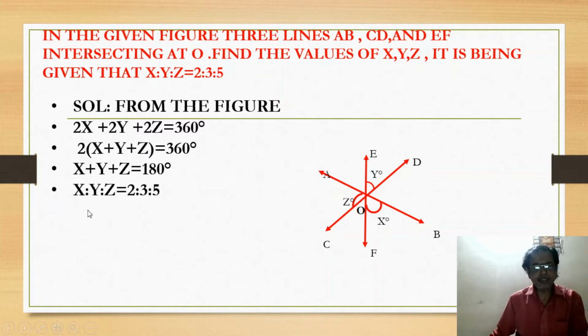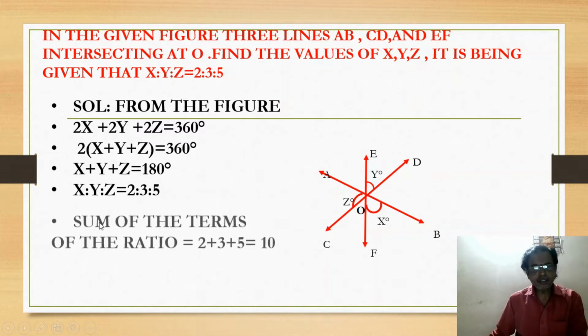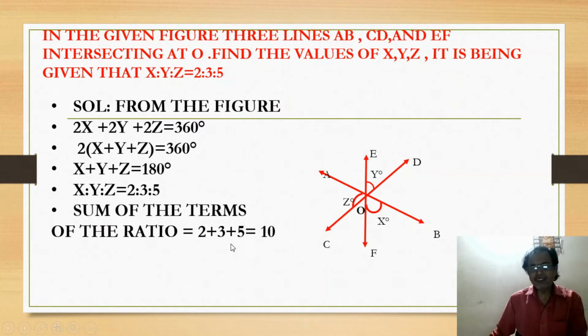And we have here x : y : z, 2 : 3 : 5. The angles are given in ratio form, so we need to get the individual values of x, y and z. To get that, we know the sum of the terms of the ratio, 2 plus 3 plus 5, is 10. These 10 parts are equal to 180 degrees. So among the 10 parts, 2 parts go to x in 180 degrees. So x is 2 by 10 into 180 degrees, which is equal to